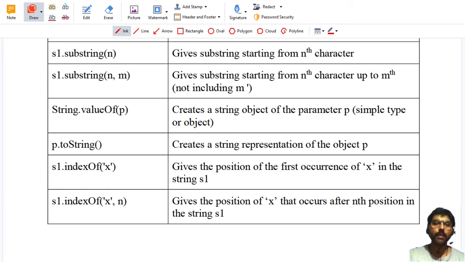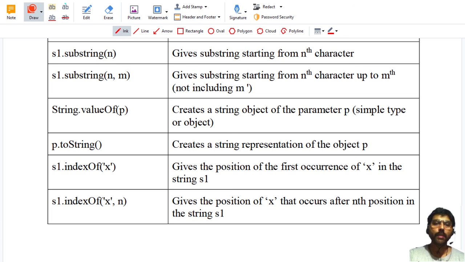The next method is indexOf. I have two types of indexOf methods. The first one contains only a single parameter. Here I have two parameters. The indexOf gives the position of the first occurrence of x in the string S1. It searches for a particular character x and returns the index where this x is positioned.